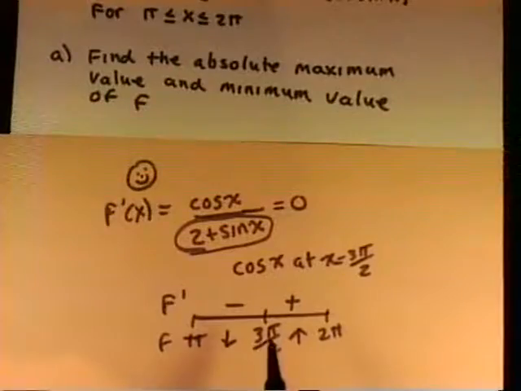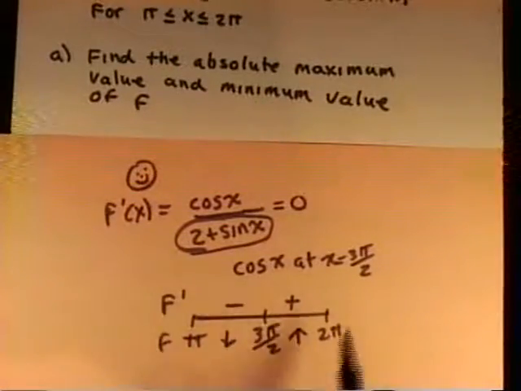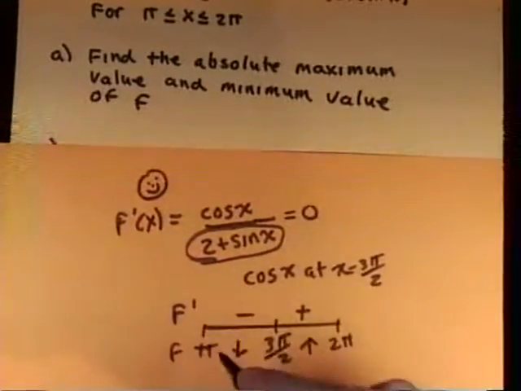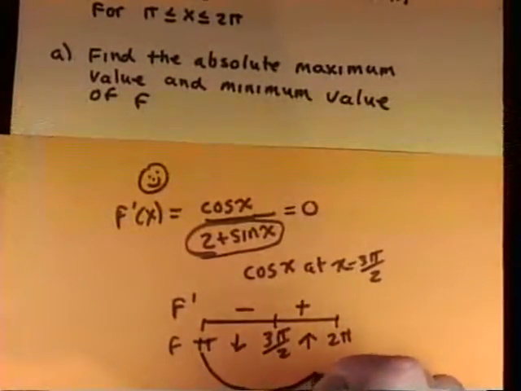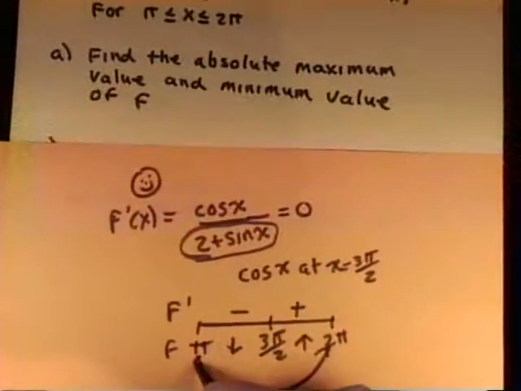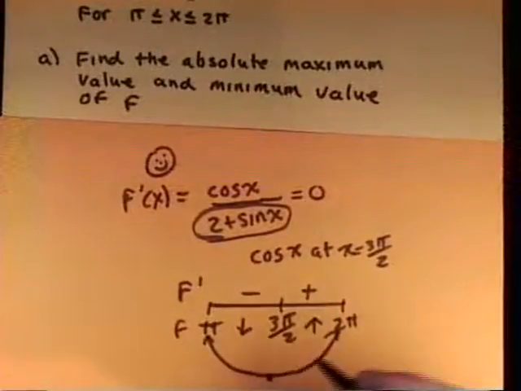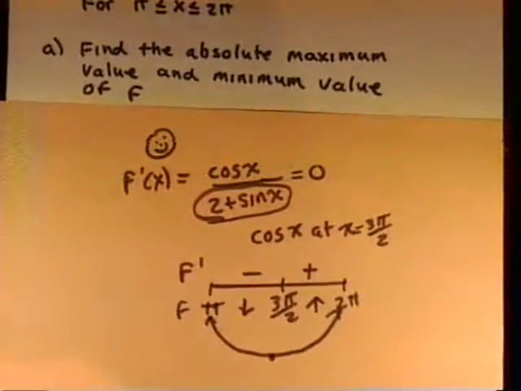This proves there's a relative min. This little number line thing proves there's a relative min at 3 pi over 2. And also that means if all the graph does is go down then go up, it's an absolute min too, right? If all the graph does is go down then come back up, that's where there's a relative min. Okay. Where there's an absolute min, we already know our absolute min.